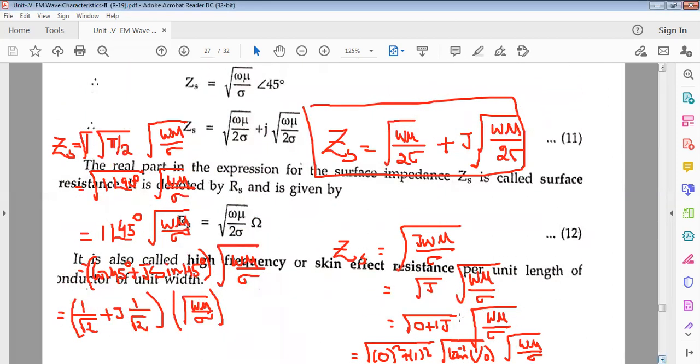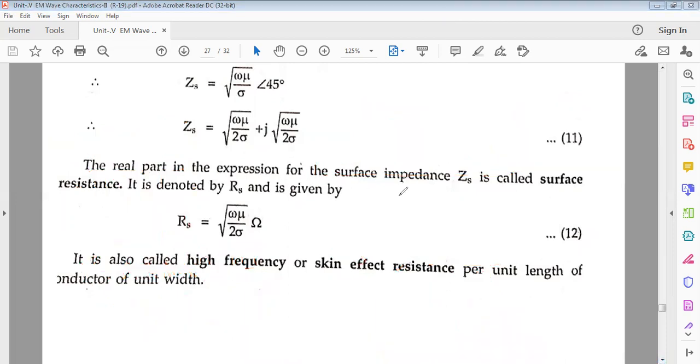Then the real part in the expression for the surface impedance Zs is called the surface resistance. It is the real part, my students. The coefficient of j is the imaginary part. The real part in the expression for the surface impedance Zs is called surface resistance, and it is denoted as